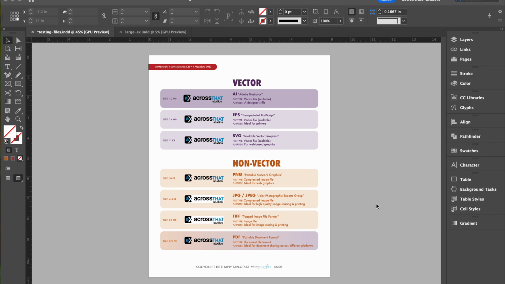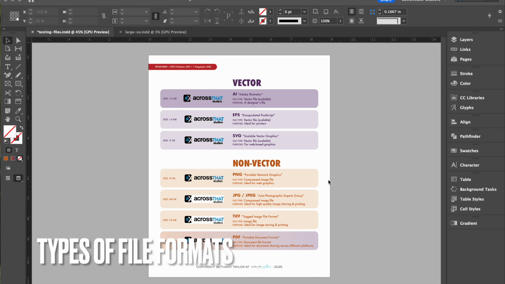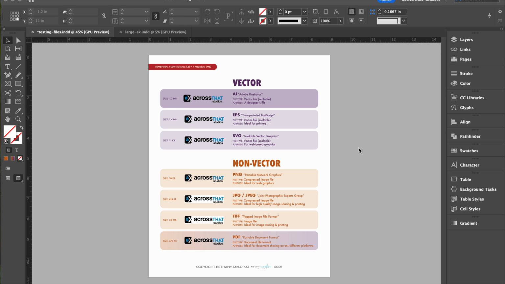Hi, and today we're going to be looking at a question that I get all the time from designers and non-designers alike, and that is what is the difference between all these different file types? AI file, EPS, SVG, PNG, JPEG, TIFF, PDF. When do I use one versus the other? Why did my designer give me all these different files? So, great question. We're going to dive into that today